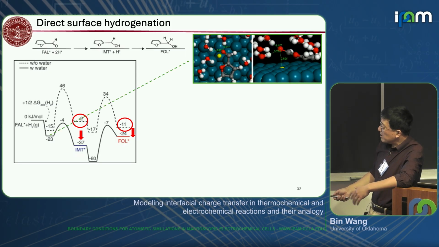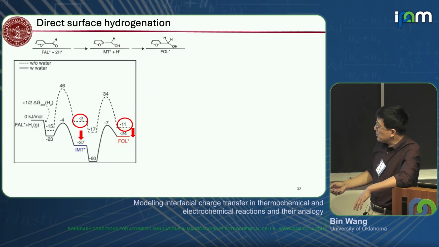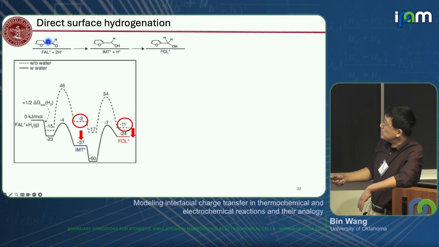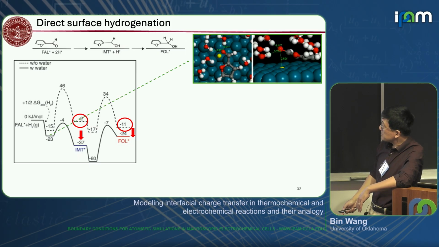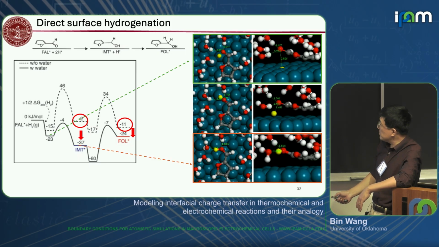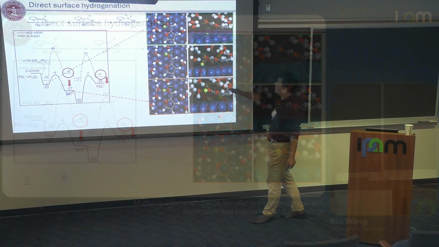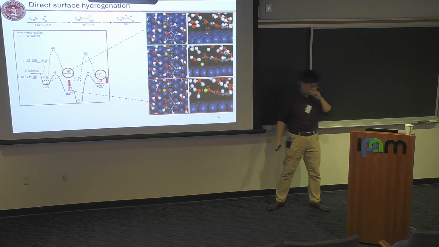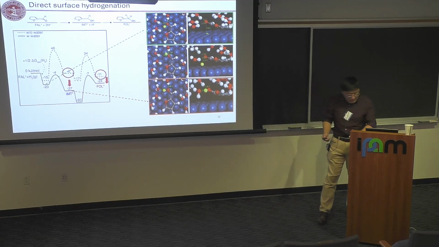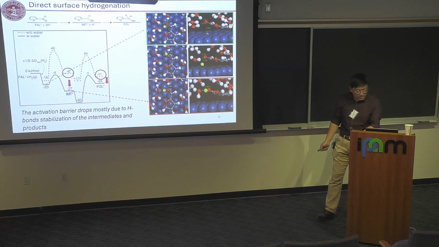But already, they can stabilize the products, which is, in fact, understandable. Initially, this is the aldehyde, but after hydrogenation, you form OH. The OH has a stronger interaction with the water, so the water stabilizes the hydrogenation products. So here we just showed that the reaction path is that the hydrogen, which is coming from the surface, eventually attacks the aldehyde oxygen atom in the direct path. So this is purely driven by thermodynamic stabilization.